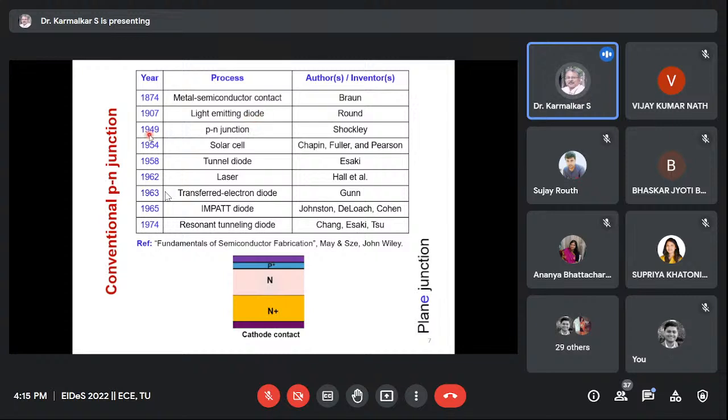In 1949, the P-N junction was realized by Shockley. These are all the developments related to a P-N junction, how it was used for multiple purposes, right? So the light emitting diode, here it is a rectifying contact. And here the P-N junction, this was a metal semiconductor junction, right? So the first P-N junction was made in 1949. Then it was shown that you can use the junction as a solar cell in 1954 by Chapin, Fuller and